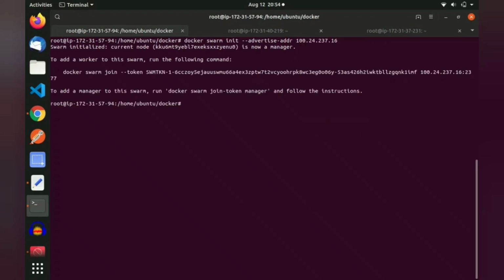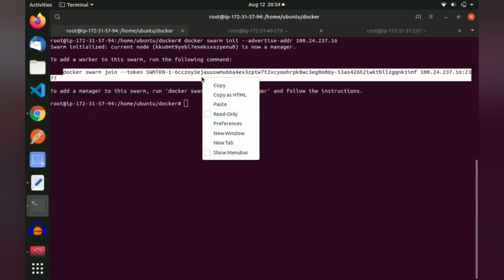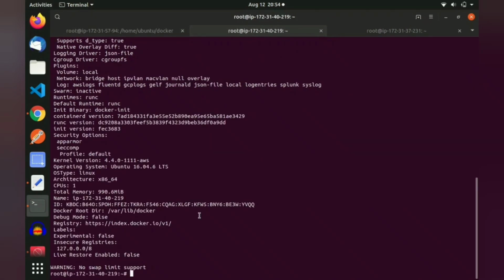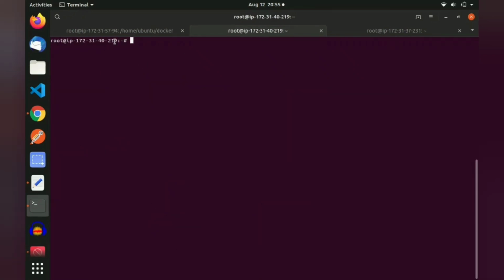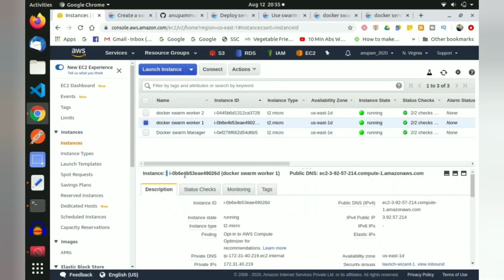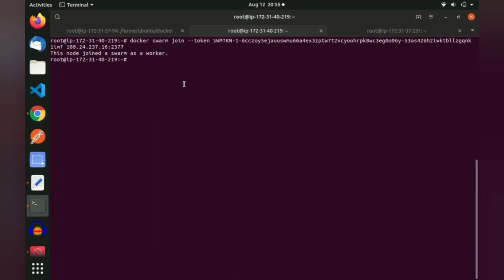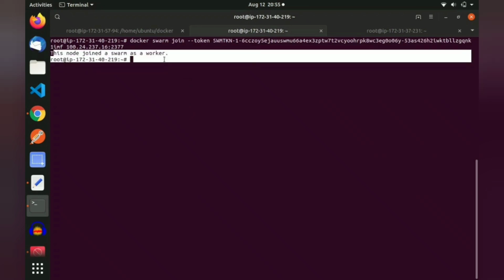You can see the generated token. Docker swarm init generates 2 random tokens, a worker token and a manager token. When you join a new node to the swarm, the node joins as a worker or manager node based upon the token you pass to swarm join. Now it's time to add a worker node through this token. You can see how quickly we add a worker node through the token.